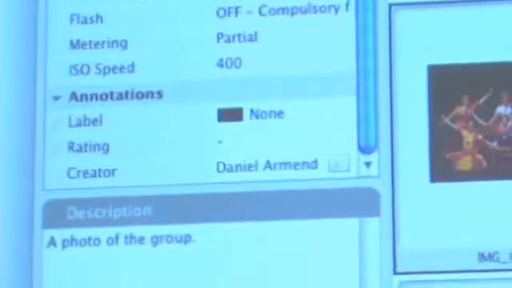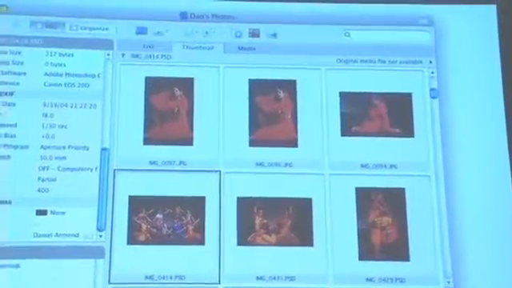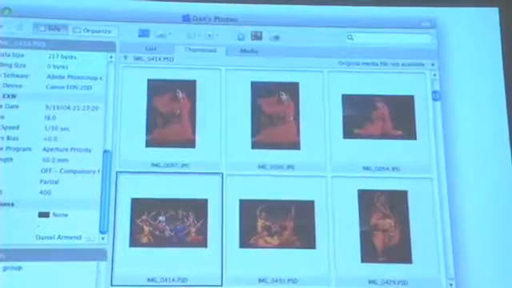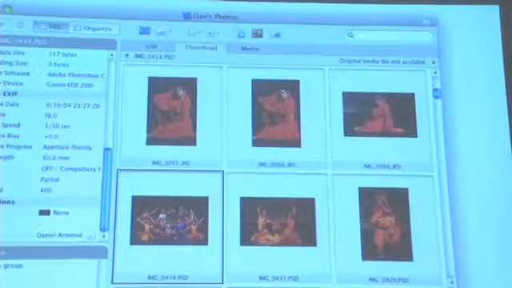And using this software, you could tag the photos with keywords, which you could go back and search for later and find them in a variety of ways. You can see there's a search bar in the upper right-hand corner so that you could type in keywords, look for it, and search. There's a variety of very useful features within the software, but there was a problem with